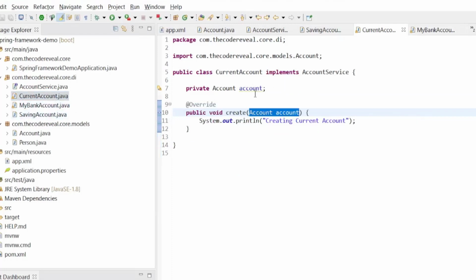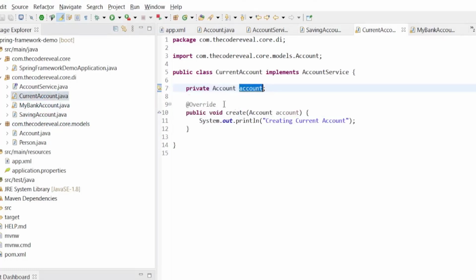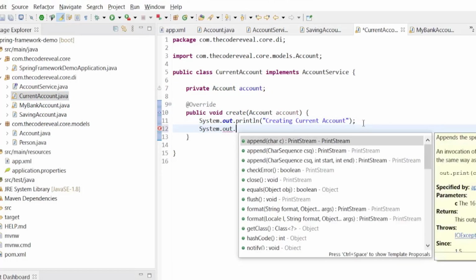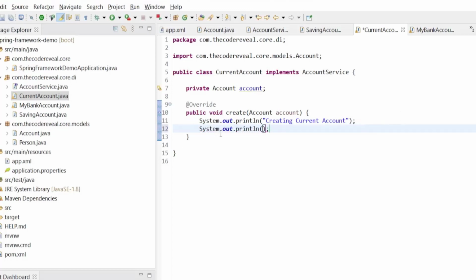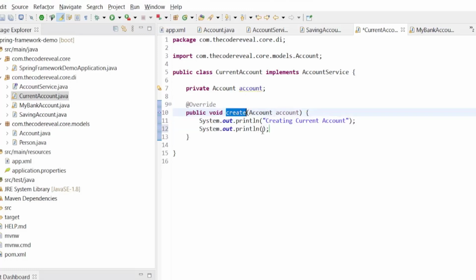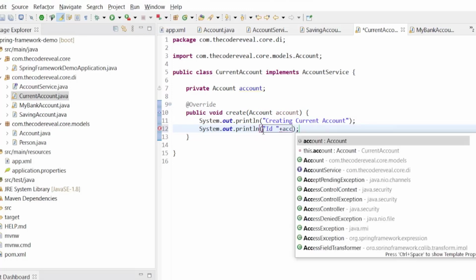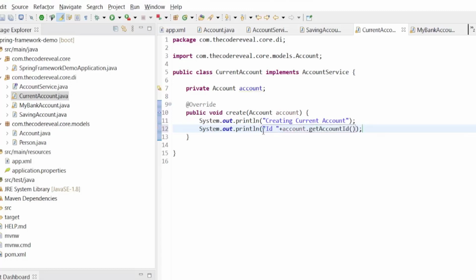In the current account we have added one account here, and in the saving account as well we have created it. So in the current account, let's get here. So here we are passing the ID, but it's a create method. It needs to create the ID. So just to test it, we are passing the ID here. Okay.